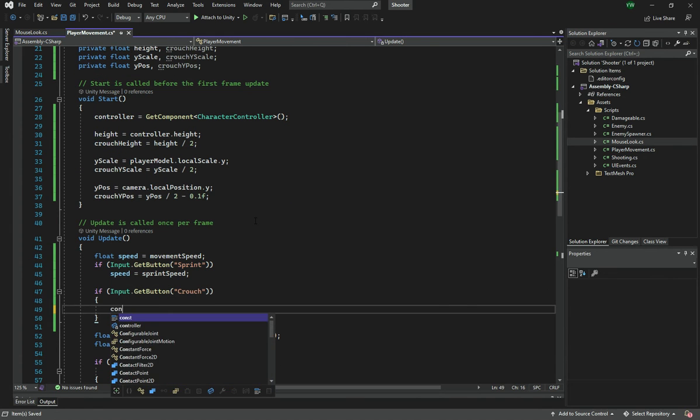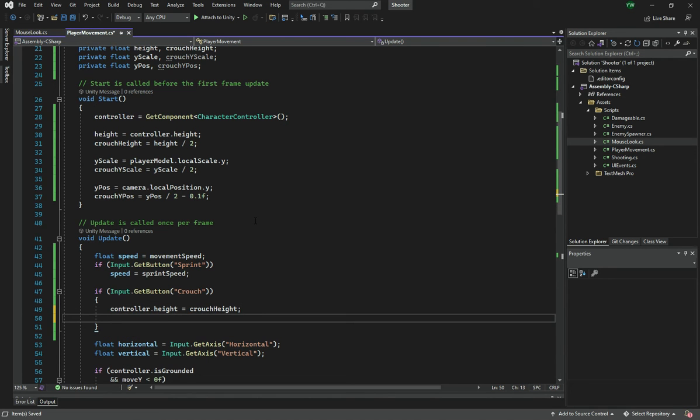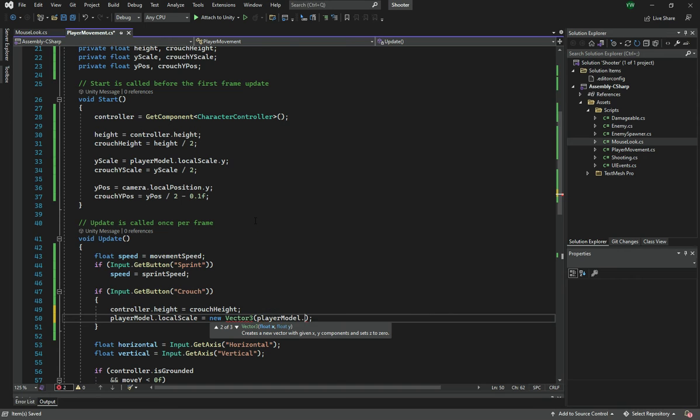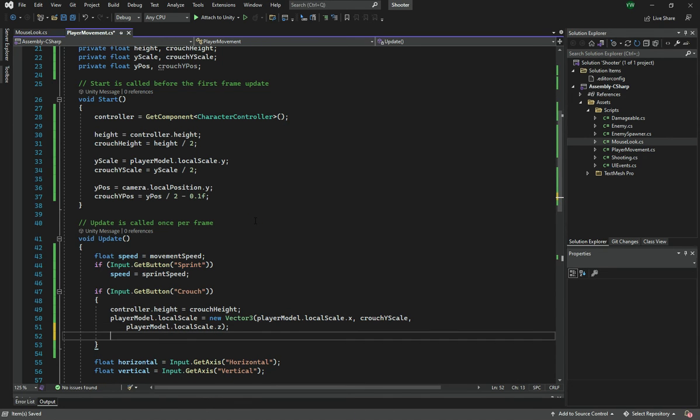And here what I'm going to say is controller dot height, if the player is crouching, is equal to crouch height, and if it's crouching, then I'm going to say player model dot local scale is equal to new vector 3, and this is going to be player model dot local scale dot x, and then crouch y scale, and then player model dot local scale dot z, and then we are going to say camera dot local position